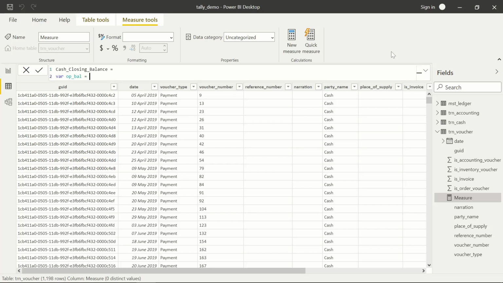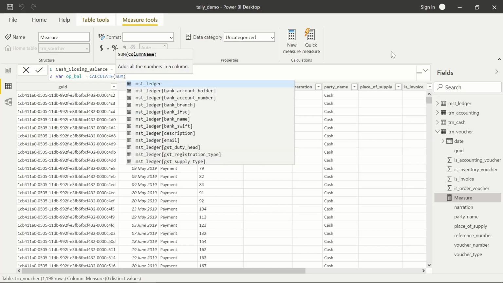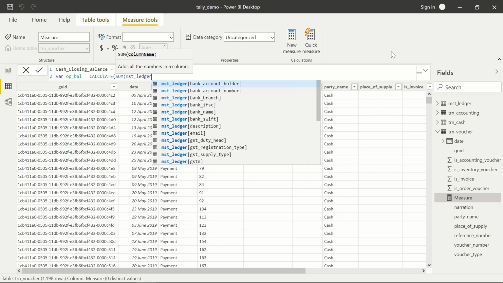pval is equal to, so calculate, so just sum. Now naturally the ledger table contains only one row of cash, or maybe it would not be containing anything. So we'll just quickly sum the ledger table, and we will select opening balance.